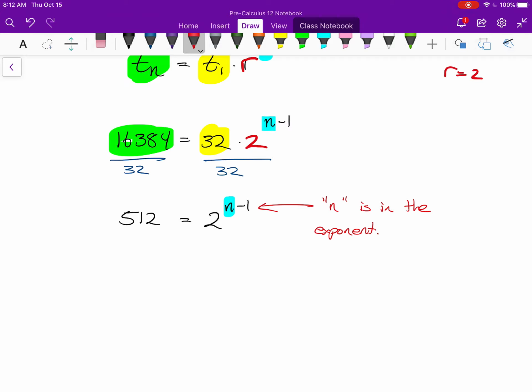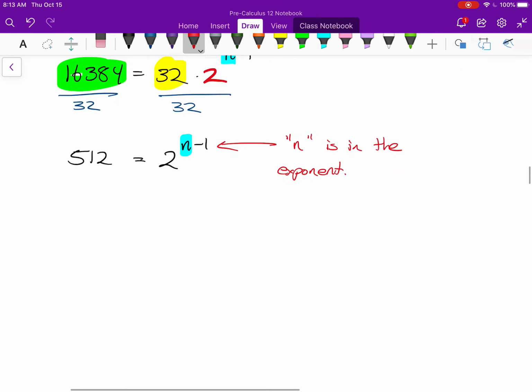Because really, you have two options to solve this, to solve when you have a variable in the exponent. One is by inspection, which means look at it, essentially a guess and check. Just look at it and try to figure out, okay, 2 to the power of what will equal 512, or 2 to the power of what, take away 1. If you don't like that, your other option is by using logarithms,